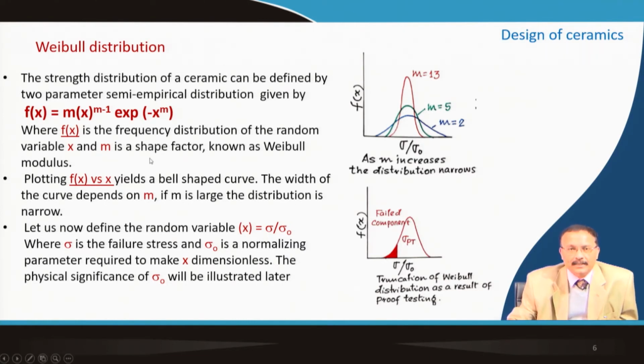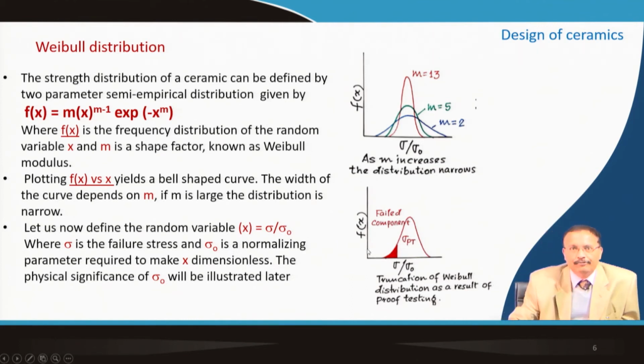So, this m is a shape factor related to the shape of this plot, and that is termed as modulus, Weibull modulus. So, this x value, which is the variable, in order to make it dimensionless, I can put it as sigma by sigma 0. So, that will make this axis dimensionless, and then there is a significance of this sigma 0. So, that I will explain later, and